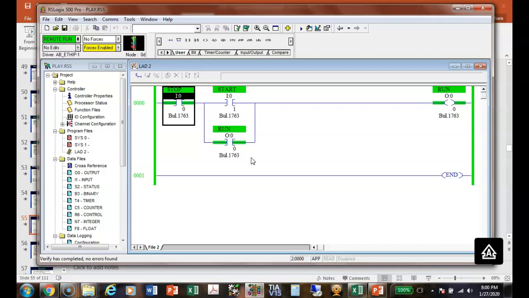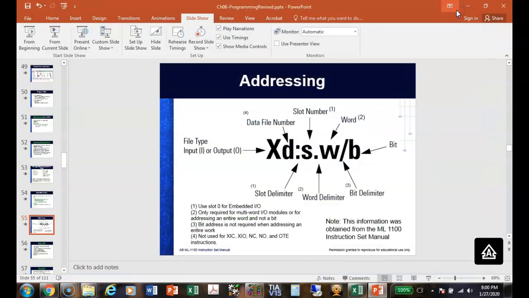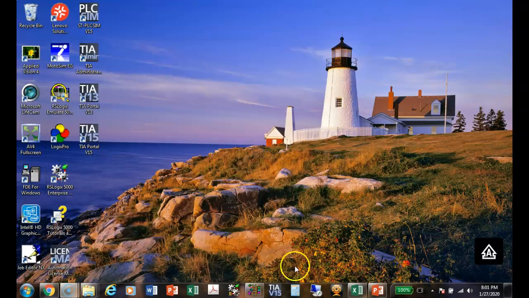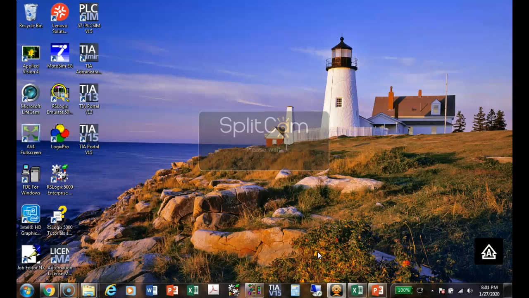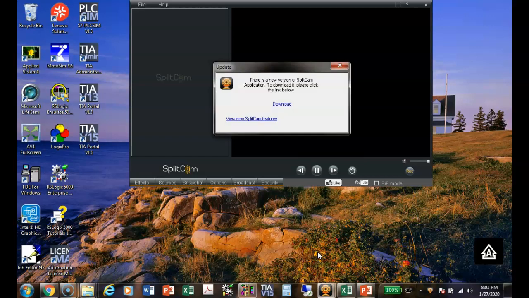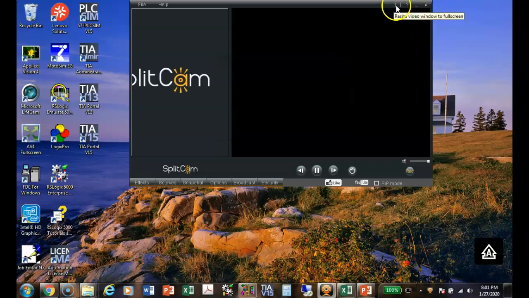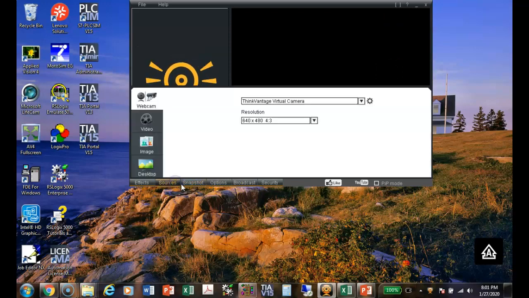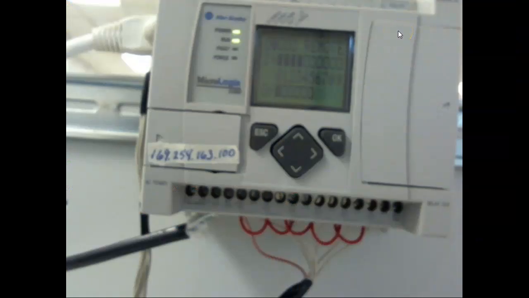Now, what we can do is, if I can bring up my camera, the only thing I really don't like about the 1100, it is a nice PLC, is that it uses an LCD screen, but it's not backlit. So that means if you were in a dark place, you wouldn't be able to do what? See anything that's going on. Oops, I need to select the camera first. We'll see if there's a force that turns on. So what's nice about this,